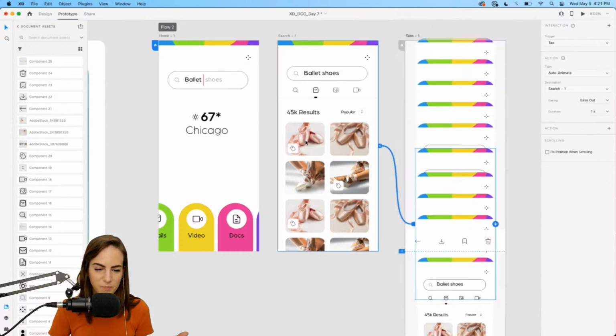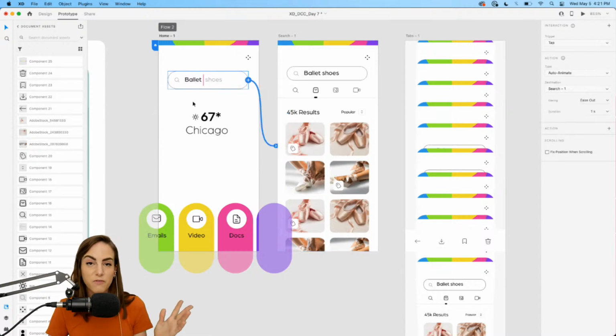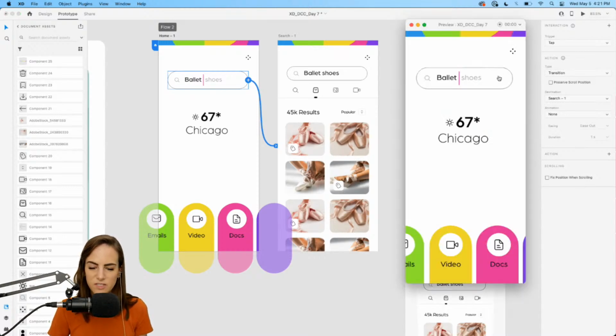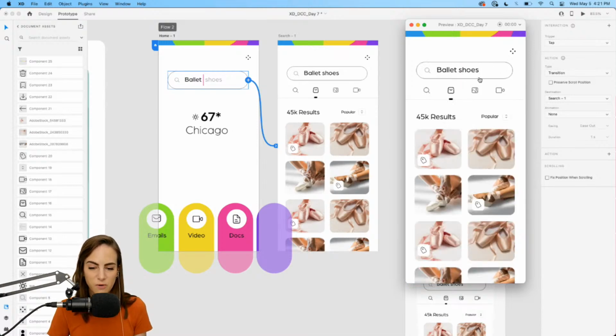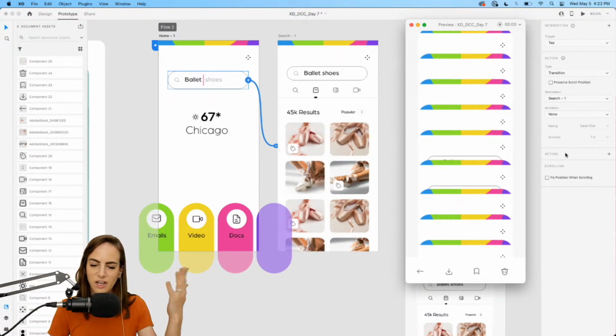So it goes back. So maybe we need to tap from the first artboard to the second one. This one doesn't really need auto animate. We can just have a normal transition. And we can preview this. So we tap, we finish typing all of our search for ballet shoes. We see a bunch of results, looks great. And then we tap. Ideally, you would swipe up here, and it kind of smooths into all of our